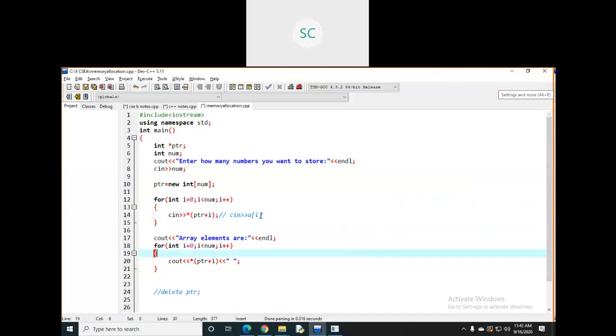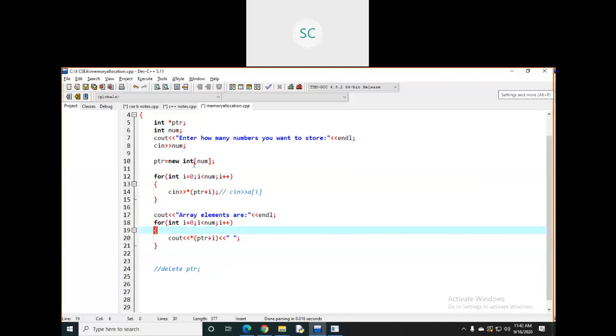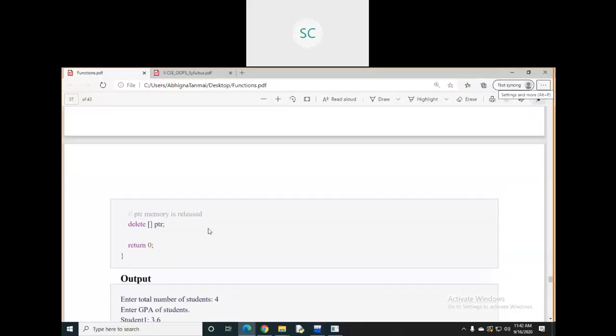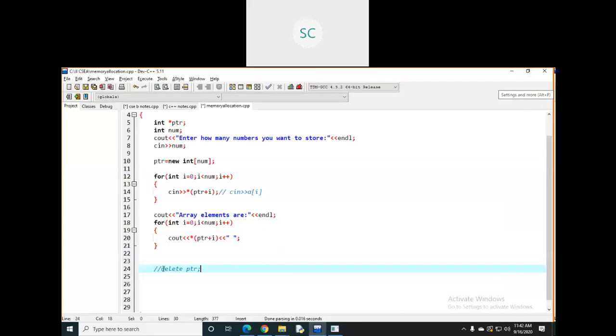Then see, you are allocating some memory, which means you need to deallocate that memory as well, right? By using the new keyword you can allocate the memory, and by using the delete keyword you can delete that memory. Let's see, this is simple: use the delete keyword and square brackets with ptr. You are mentioning that it is one array, so the entire array you need to delete. See, the same statement is delete ptr. Here you need to mention array.